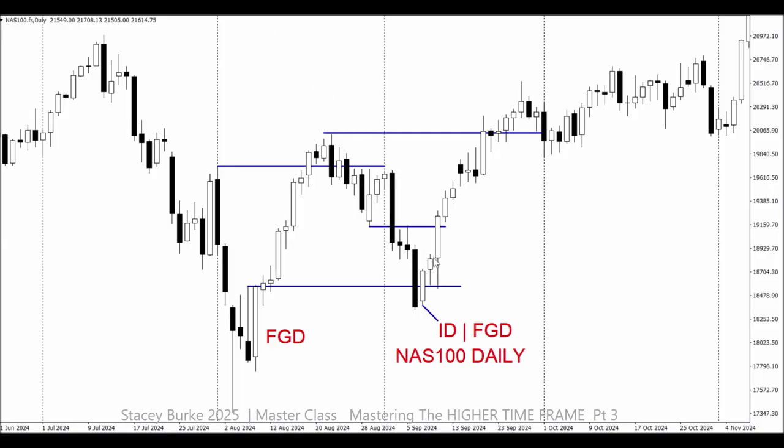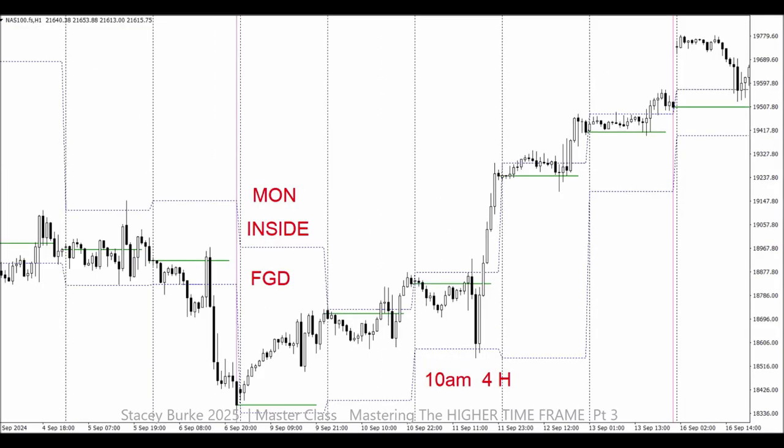And of course that began the explosive continuation trade where we put our low of month in place, and potentially now we're trading back to the other side of the range. We take out the high of month level and we get our red day. Open, low, high, close. I want to revisit some simple concepts from earlier in the masterclass, but Monday was an inside day. That was our first green day. Tuesday was the first day that closed in breakout. So acknowledging that we have a Friday, Monday,